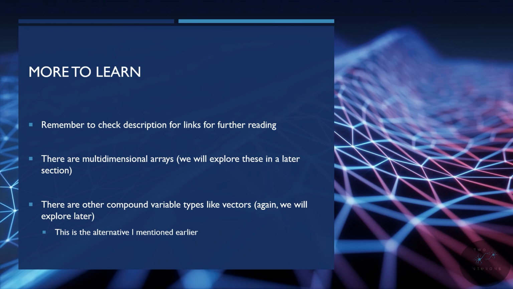Now, there are other types of arrays we haven't talked about, like multi-dimensional arrays. We'll explore these in a later section of this series, and there are other compound variable types like vectors. Again, we'll explore these later in the series, but I just want to point out that vectors are very similar to arrays, but they can be dynamically changed with regards to their size. And when I was talking about strings and characters earlier, and I mentioned there were better alternatives to use, this was that alternative I meant. Alright, again, this covers everything we need to do in this video. We'll explore this further